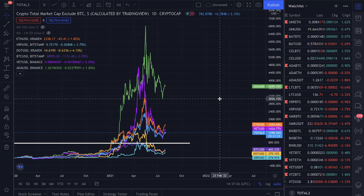I think the idea is to embrace the fact that you won't be able to predict those 3,000% moves. What you can do is look at the charts. You can see what has been performing well, and what is not performing well. And those are the main key caveats. And then you can factor in certain things that might influence your decision. For example, DOT is a new coin. We haven't yet seen a ceiling for DOT. We haven't seen it play out a full market cycle. If you really like DOT, then this might be a play you can consider,